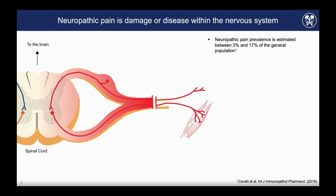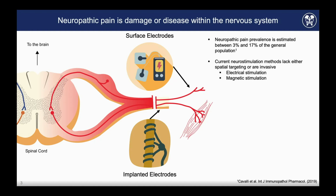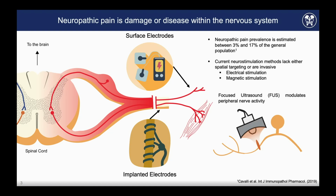Now, in neuropathic pain, this pain is caused by the nervous system itself, either by damage or disease. Neuropathic pain's prevalence is estimated to be between 3 and 17% of the general population, with this number growing each and every day, especially in the United States with the growing opioid epidemic. Current stimulation methods are required for effective treatment. However, they lack either spatial targeting or are invasive. Thus, we thought it'd be pertinent to use focused ultrasound to modulate peripheral nerve activity as a non-invasive alternative to